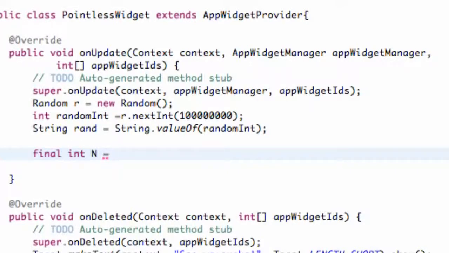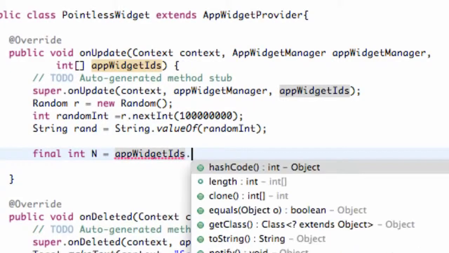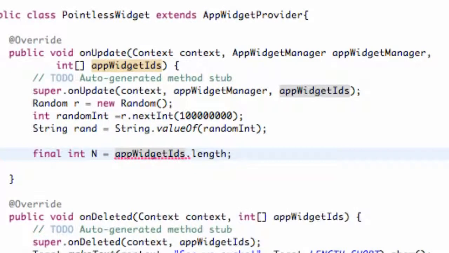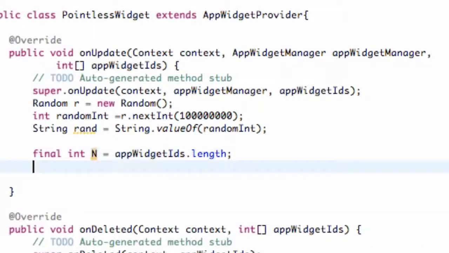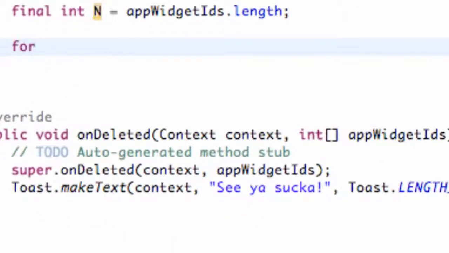And then all we're going to do is refer to the variable name of our int array that we're getting passed in, and we're just going to copy and paste that. We're just going to get the length to determine how many there are. So now we have this variable n, and what we're going to do is create a for loop. So we're just going to say for